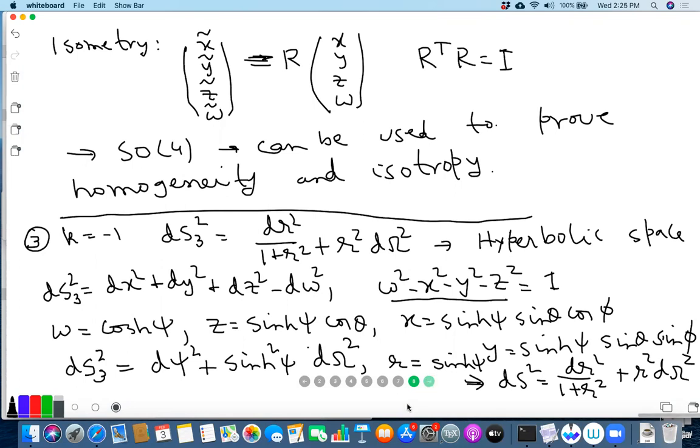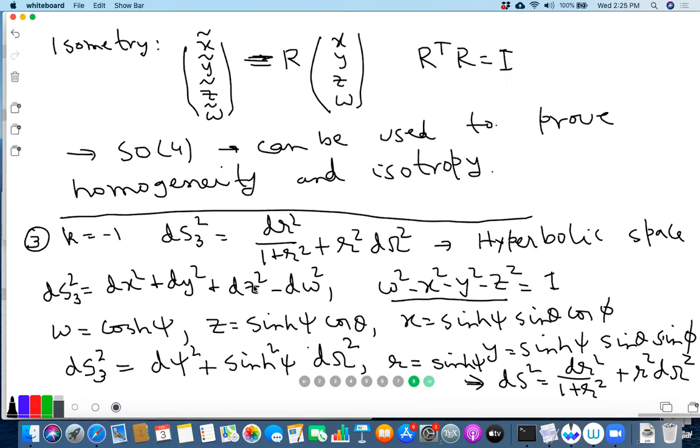I wanted to ask, as a rule, is demonstrating these things by going to a higher dimension and choosing an appropriate constraint to give a lower dimensional surface still fine? Mathematically it's reasonable, but is doing physics in higher dimensions justified? No, you don't have to do physics in higher dimensions. This is just to describe a two sphere. You can write it as an equation in three dimensions, but a two sphere is intrinsically a two-dimensional space. You don't ever have to talk about three dimensions to talk about a two sphere.